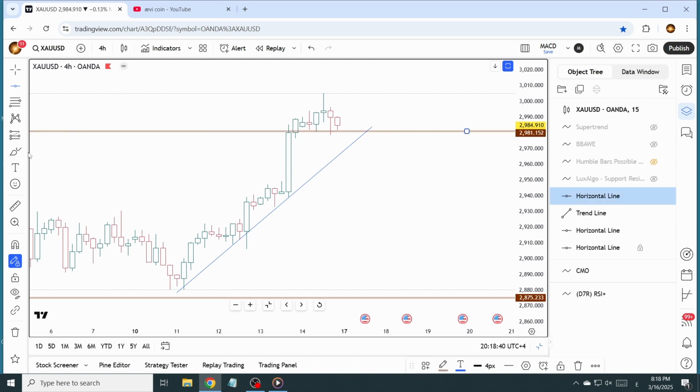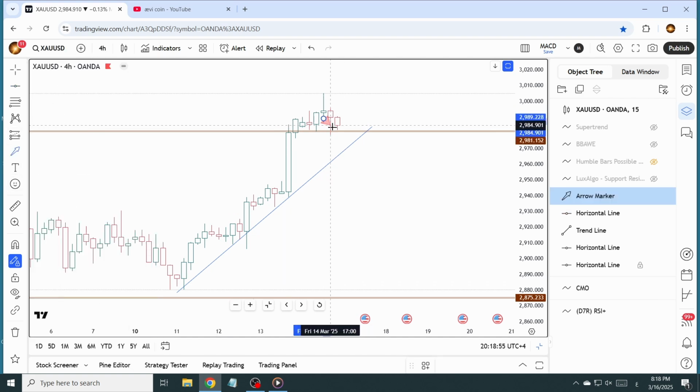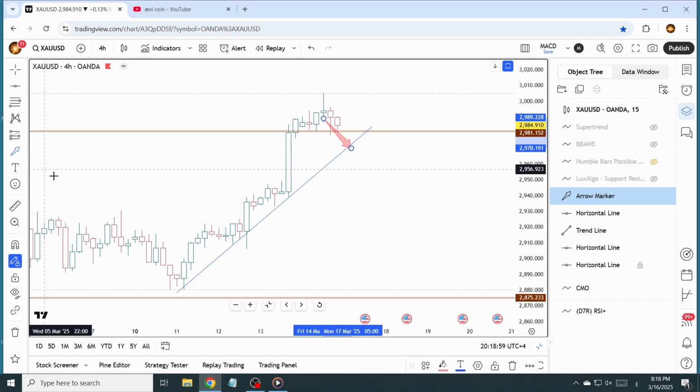Now what I'm waiting for is a pullback to the trend line, to this small trend line support, in this way, a pullback to the trend line, and then support, or at least the daily 5 EMA, and then